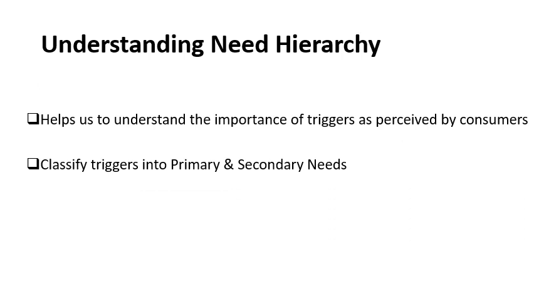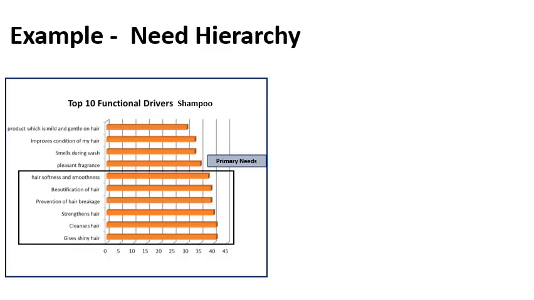Finally, once we have understood and made this list, we can then make a need hierarchy. We can ask consumers to classify the needs in order of priority, and hence we will be able to classify the needs into primary needs and secondary needs. We'll see some examples of that as well. So here is an example of